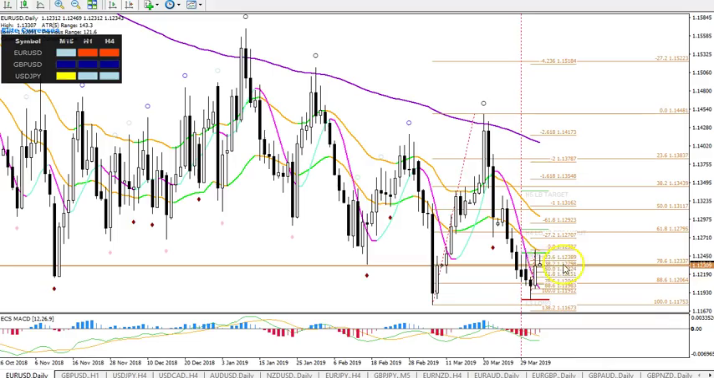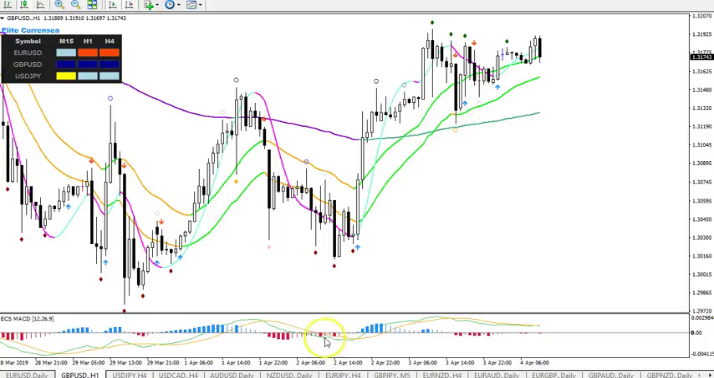Once again, all of that is valid as long as we don't get some mega daily candle that is bearish and breaking below the 111.75. All right, pound dollar